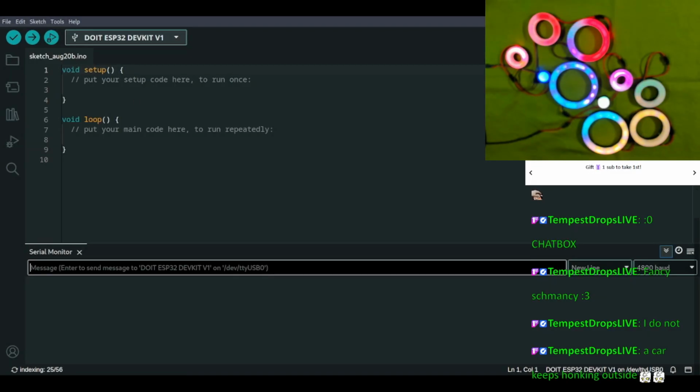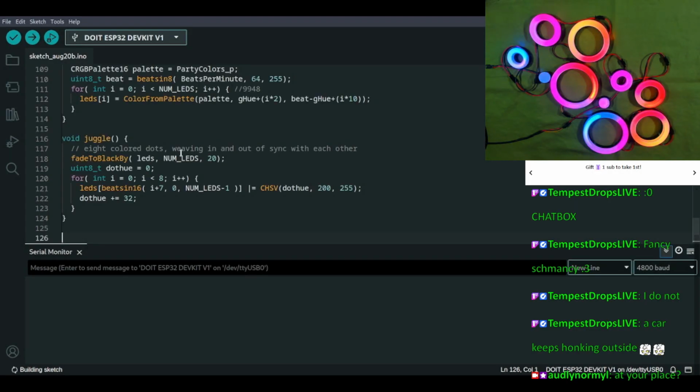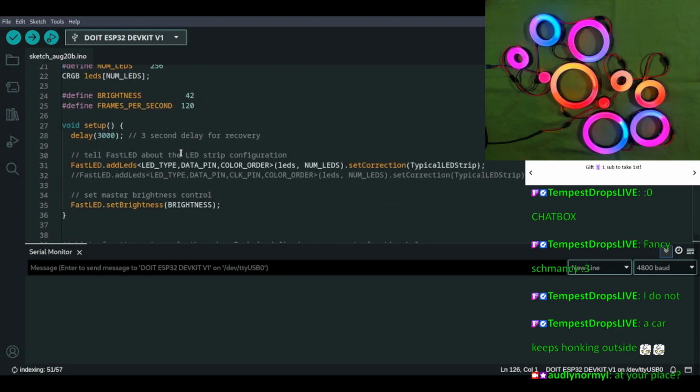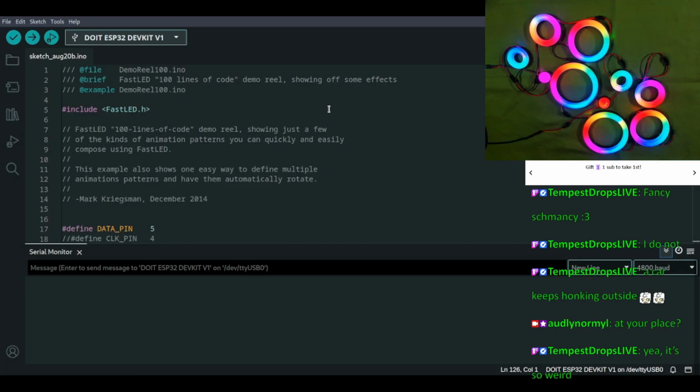We're going to paste in the other code like this. And there we are. All right. So first off, we're going to just copy some imports over from our other sketch.